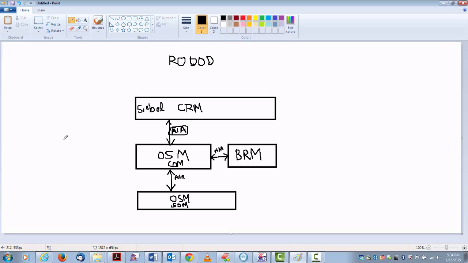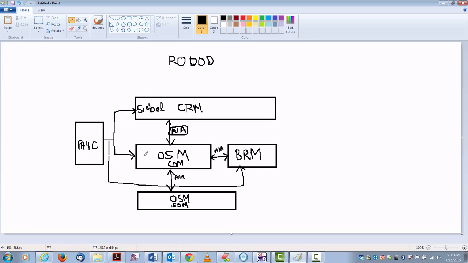Then when we do the offer design, there is another application called PH4C, which is the product hub for communications. PH4C again is part of Rodot, and offers are initially created in PH4C, and they are synchronized to systems like Siebel CRM and OSM, and it is also sent to BRM.